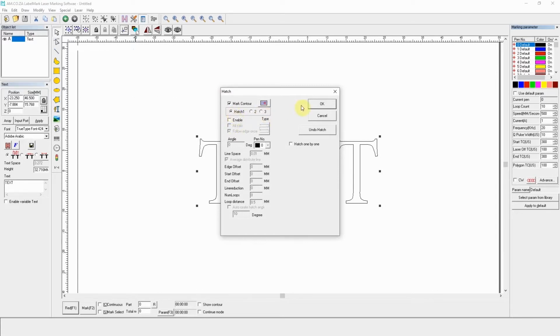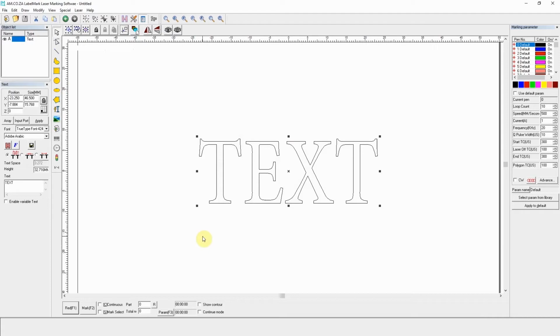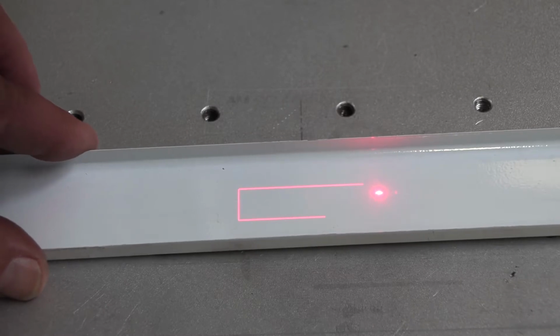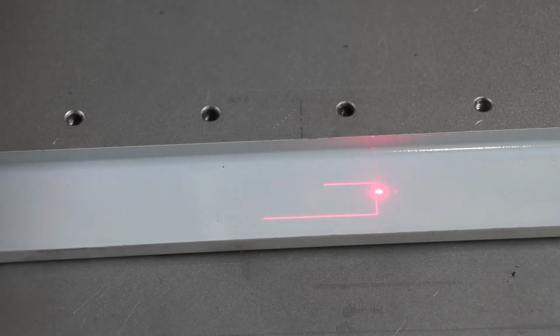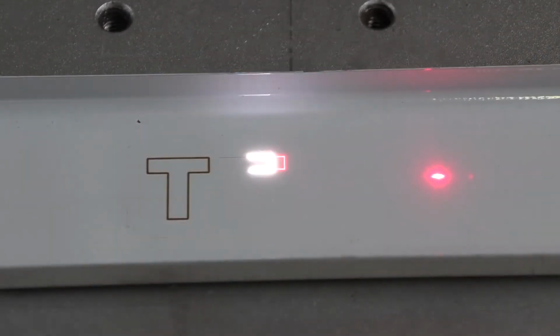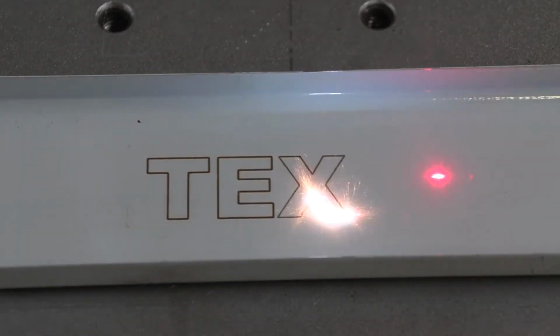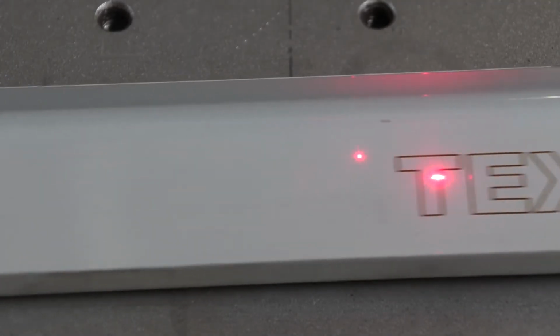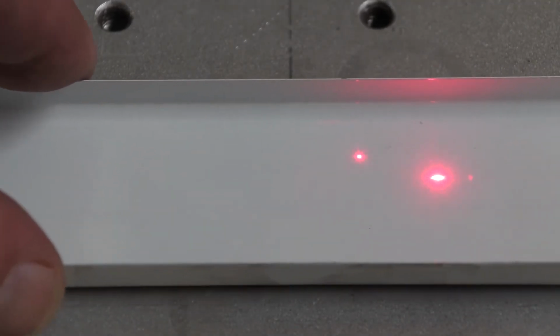That done, I press F1 for my preview area. Line it up. And F2 to start the engraving. Nice and pronounced. Now let's leave everything as is but go into the hatch settings, because we want to make